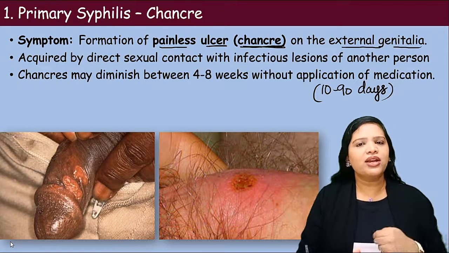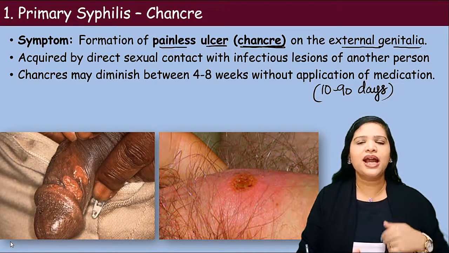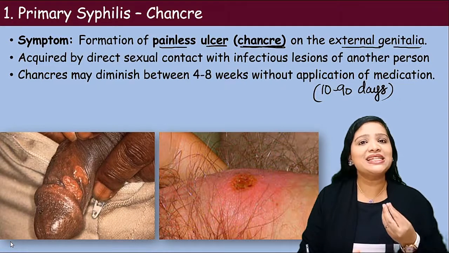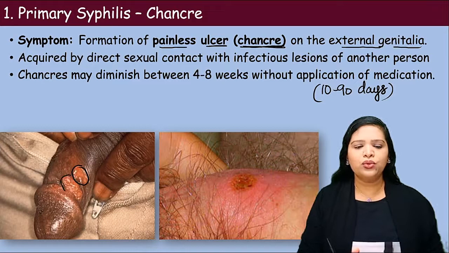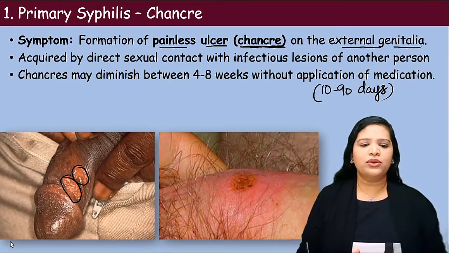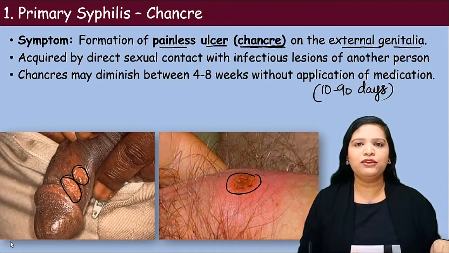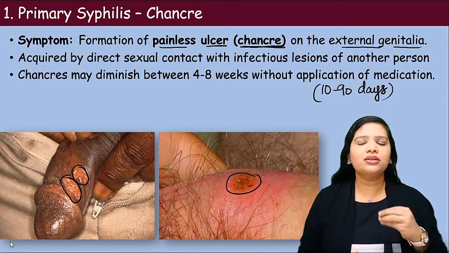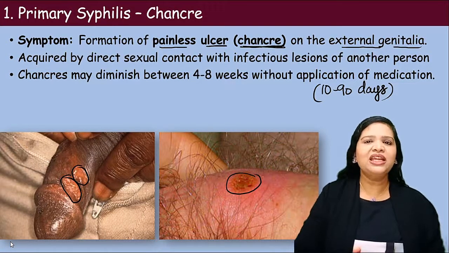So we know that this organism spreads through sexual intercourse. So it settles in the genital region and starts to produce the first symptom, that is ulcer. Look at this picture here. This man is having two ulcers on his penis. This is actually on the bottom side of the penis, and here also one ulcer. Though they appear on the skin, these ulcers are not painful. So the patient won't recognize them, and they leave this unattended. That is the main important problem in primary syphilis.